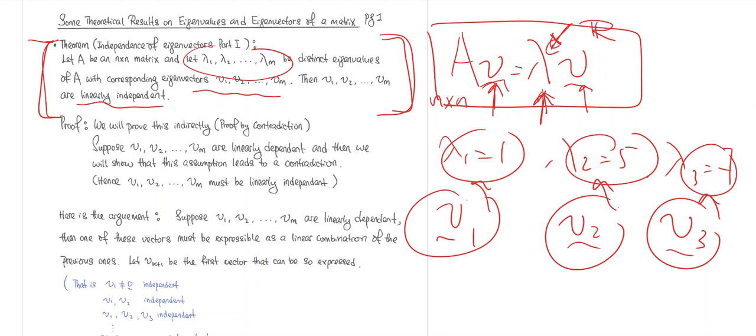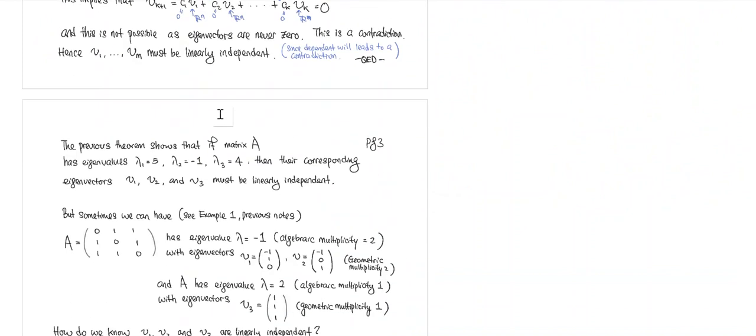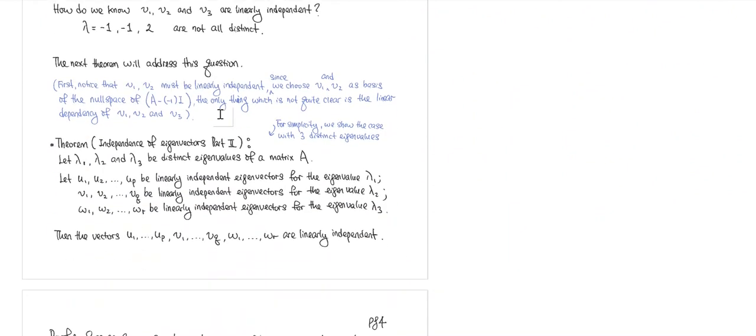Okay, what happens if you have a repeated eigenvalue? So what happens when you repeat eigenvalues? That's a little bit different story now. That will be answered by this second theorem right here, which says that if you have eigenvalues lambda